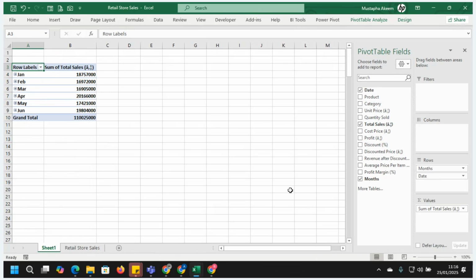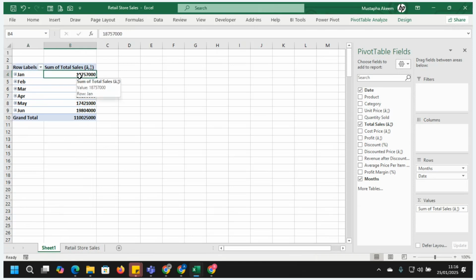That is how a pivot table works. It's a simple way by which you can quickly analyze your sales. You can quickly know which month we have more sales. You can see the way it works. You can sort it.